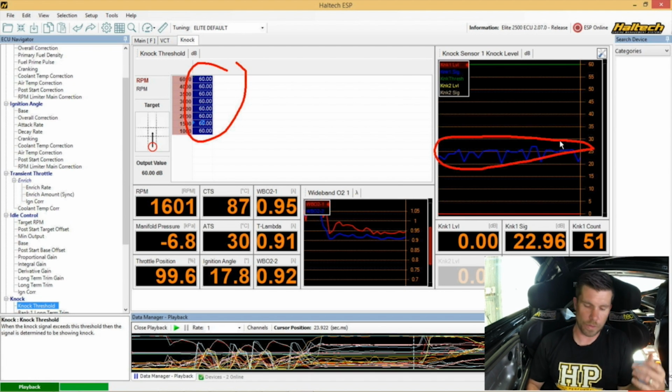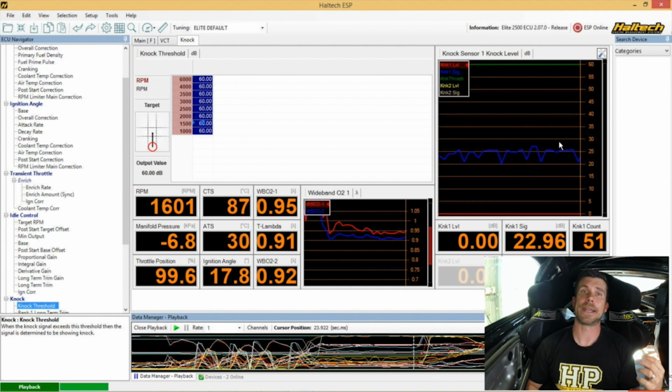What we want to do is look at the NOC level that we were seeing at that particular point in the RPM graph. Now, once we've tuned this table, we will go through and just confirm the accuracy of it. What we want to do is set the threshold at each point in the RPM table just a little bit higher than what we were actually seeing in terms of the NOC signal. So at this point we're seeing a signal around about 25 to 26. A good rule of thumb is to start by adding around about 10% to that reading. So what I'm going to do at 1500 is we'll set the threshold to